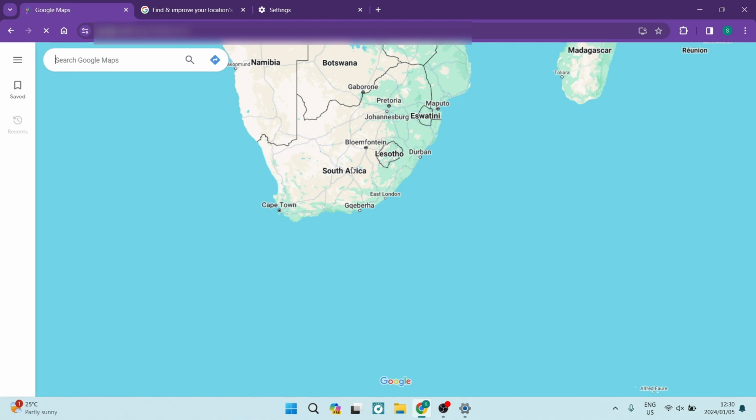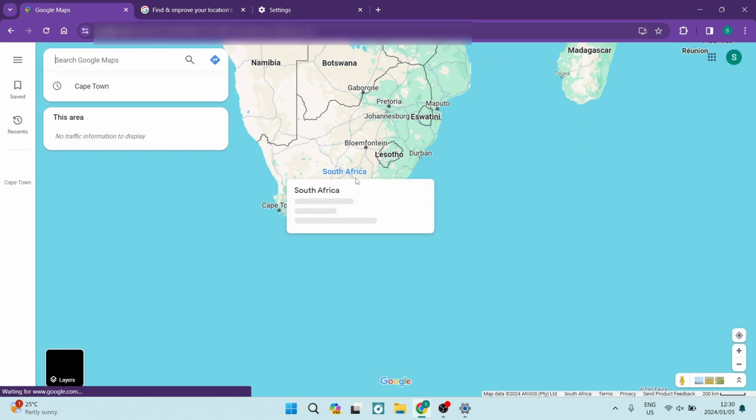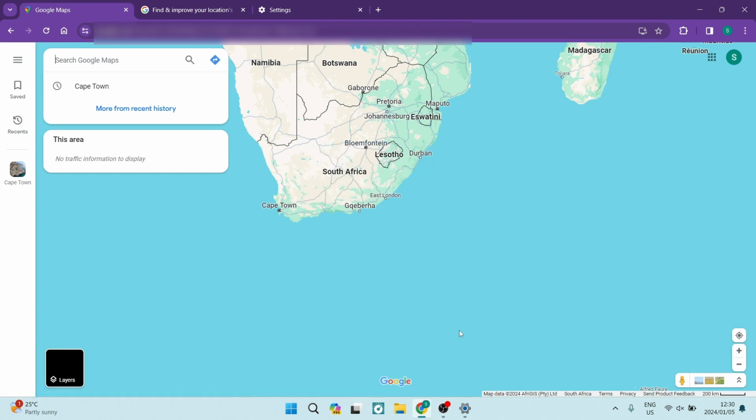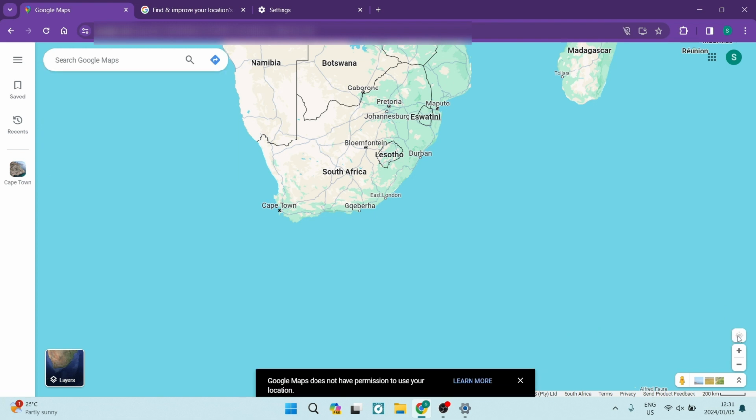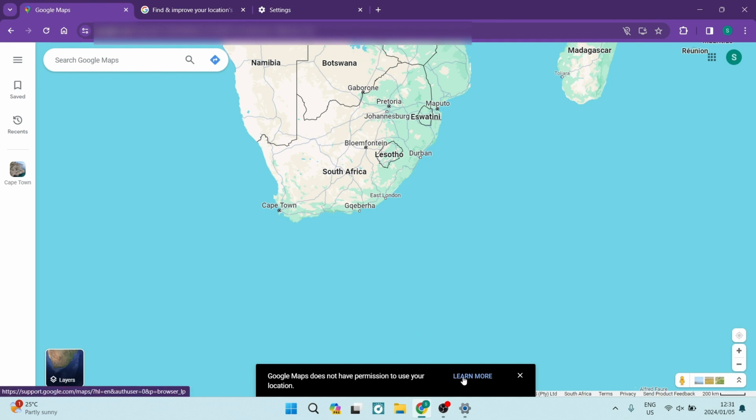open Google Maps. Now let's say that since the last time you've opened Google Maps, you're in a different location, so you're going to go down to the right hand side, and there is a little icon. It looks like a crosshair, and you can tap on that. Now it says show your location, and once you tap on that, if you get the notice at the bottom that says Google Maps does not have permission to use your location, you can tap on the learn more tab